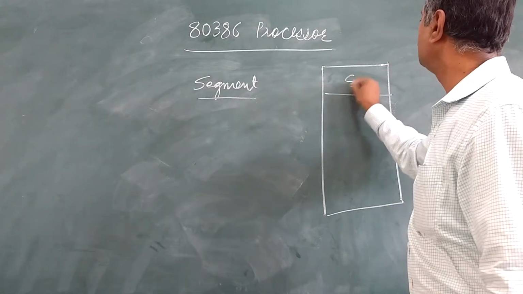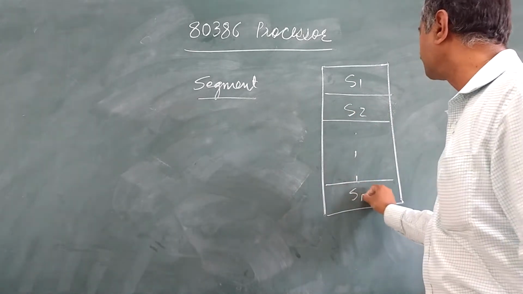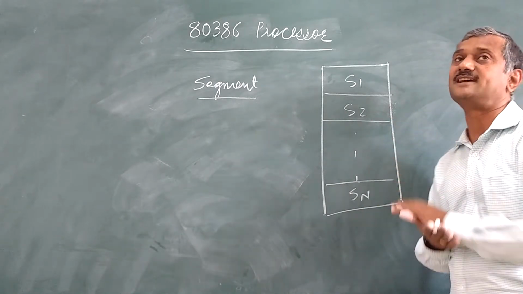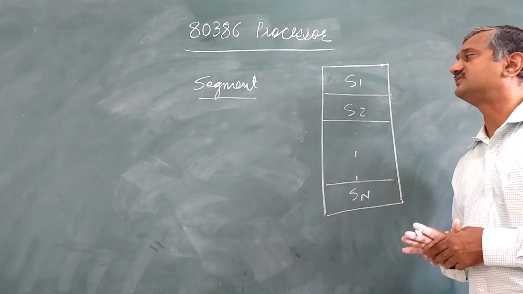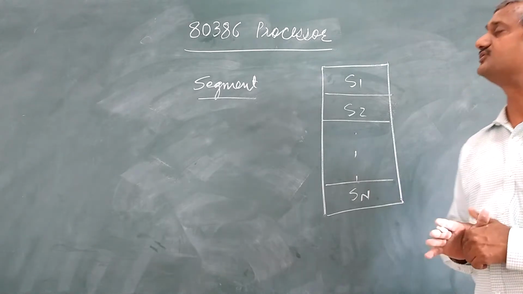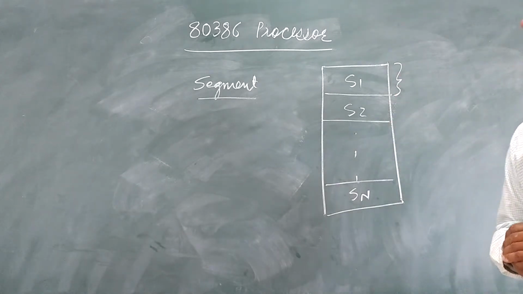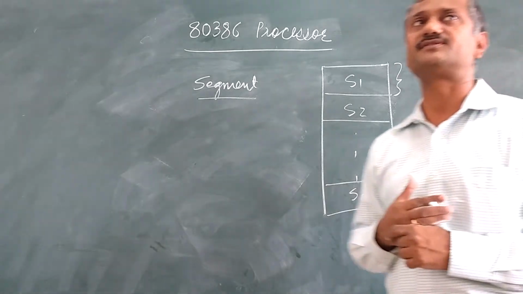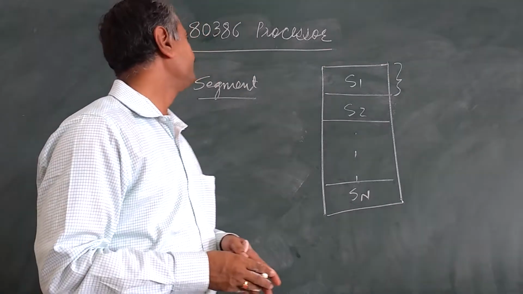So it can be segment 1, it can be segment 2. In this way you may have n number of segments depending on the instance at that time and the availability of the memory. This number n varies from one instance to another. The size of the segment also depends; it is variable, definitely. But how these particular segments are created is interesting to see. And for that,